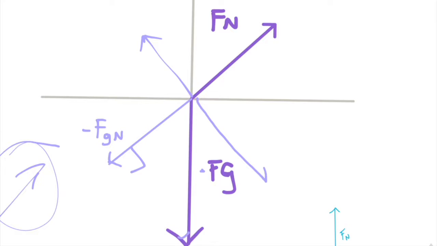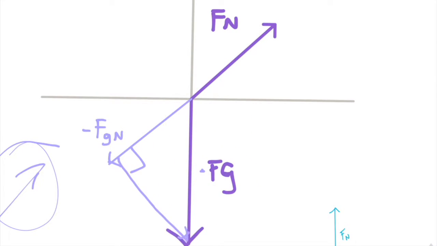If we did have friction, and this is a frictionless surface, but if we did have friction and they were equal, then the ball would just remain on the incline. It wouldn't move up or down the incline. It would just remain at rest, or it would be traveling at a constant speed, but we'll talk about constant speed in the next scenario. But in this case, we know that the ball is accelerating because there is a frictionless surface,